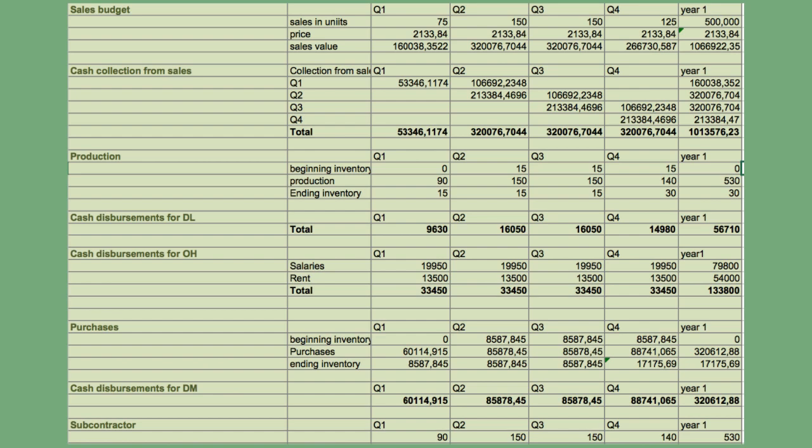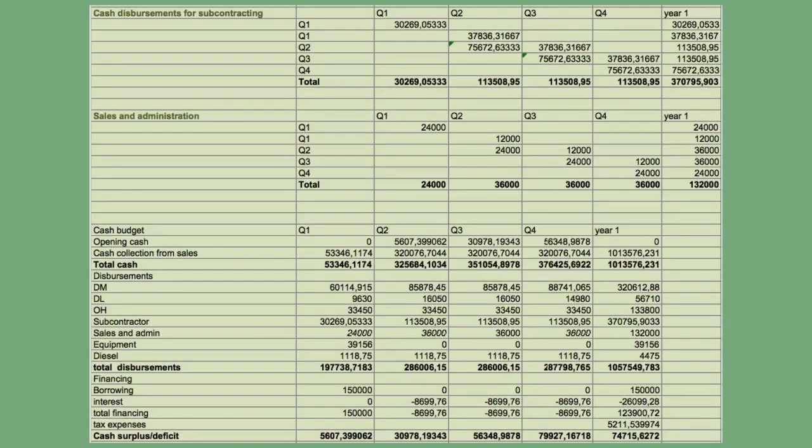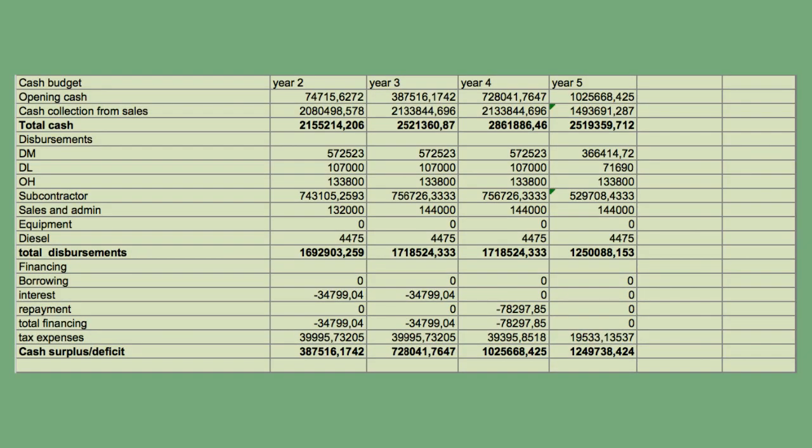56,710, for overhead to 133,800, for direct material to 320,612. The total disbursements for year 1 are 1,057,549. We have estimated that the total cash would increase steadily over the next years with a slight drop in